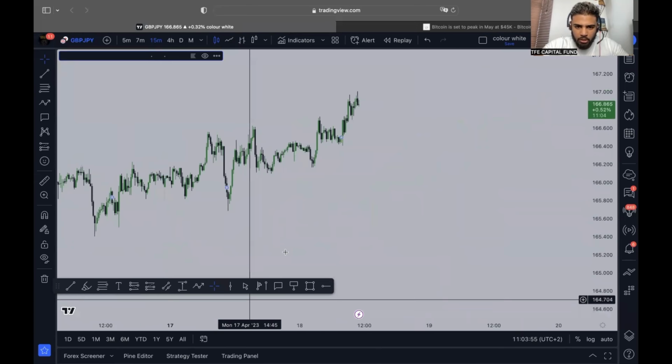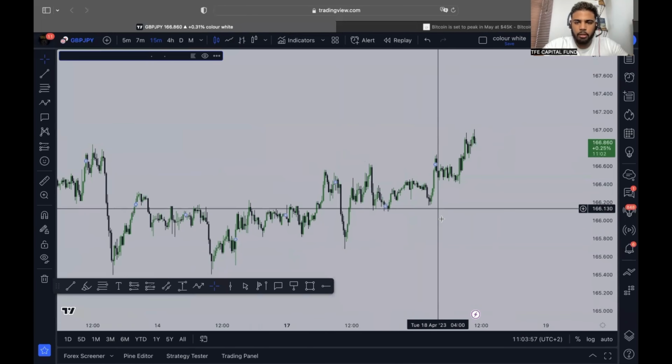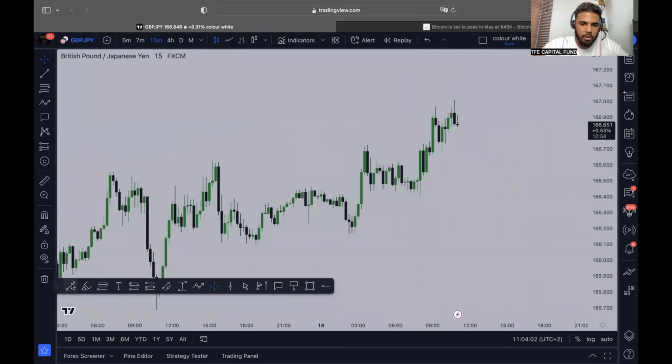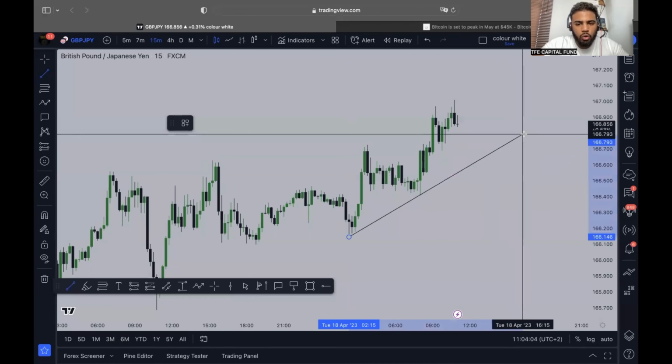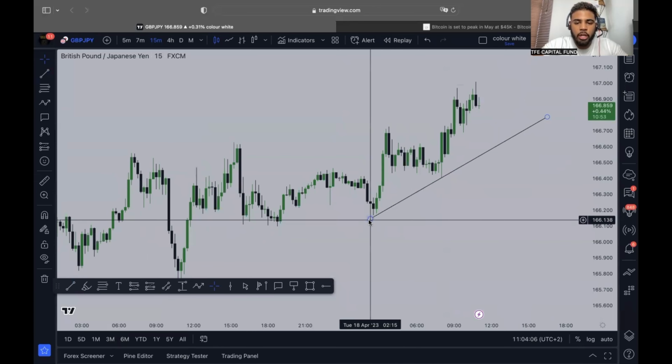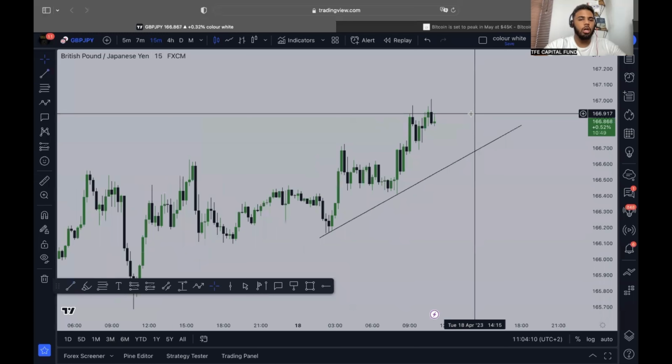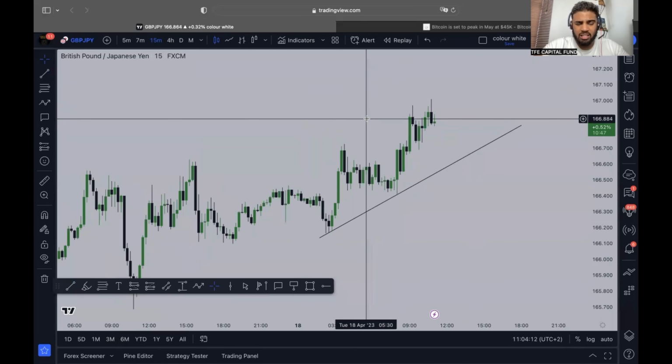Now, I would recommend you guys, with this market, let's see. Here we go. There's a trend. What's the trend for the day over here? It's bullish, right? So you're going to continue looking for buy trades on this market. You don't want to change your direction for GBP JPY. The trend for the day is bullish. So it seems like the market is quite bullish for the day, right?